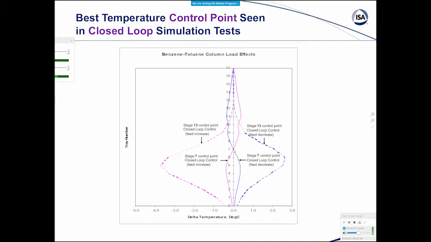The temperature for both the feed decrease and feed increase are both right on here. But then we see that the deviations for the other trays are not that large. They're pretty good. And again, temperature being an indication of composition, we realize we've got pretty tight composition